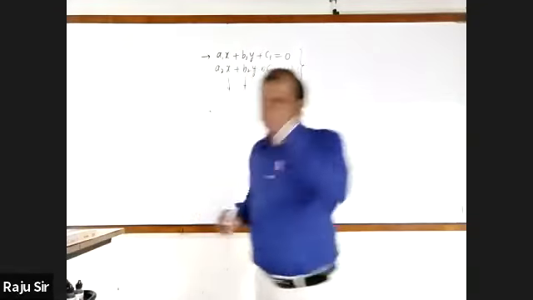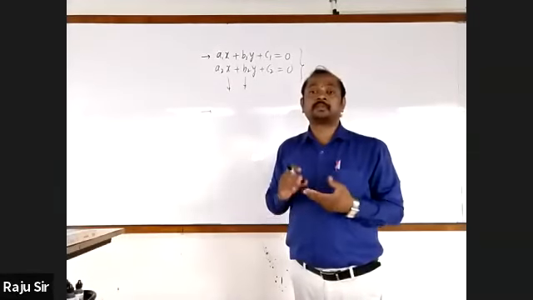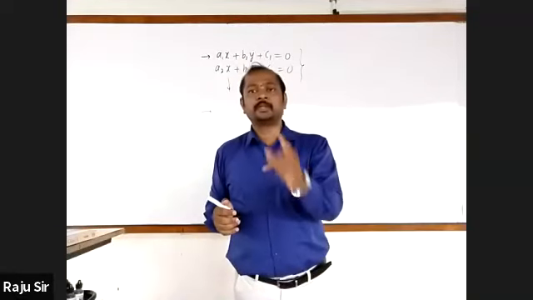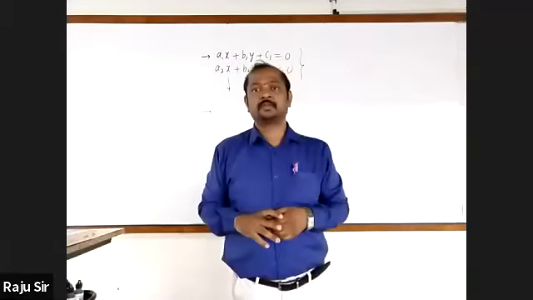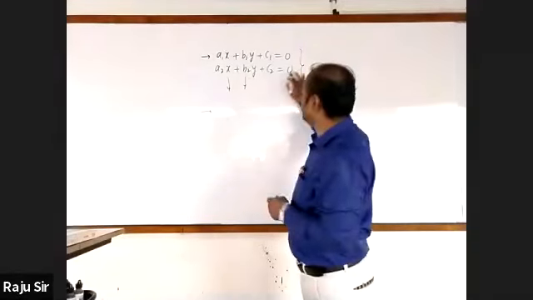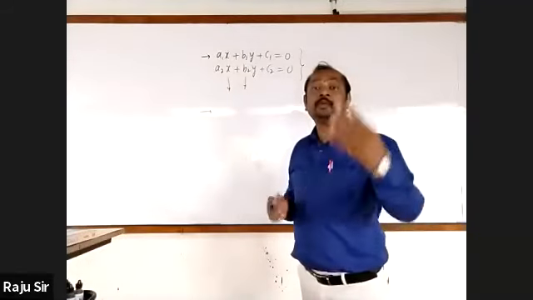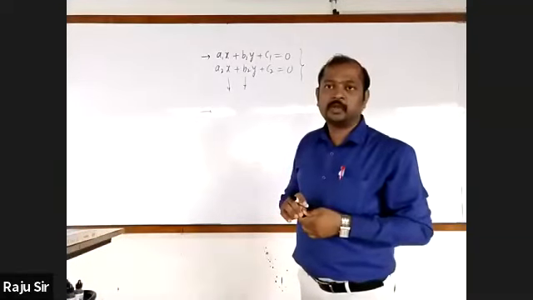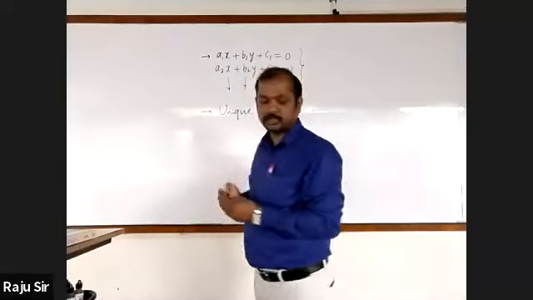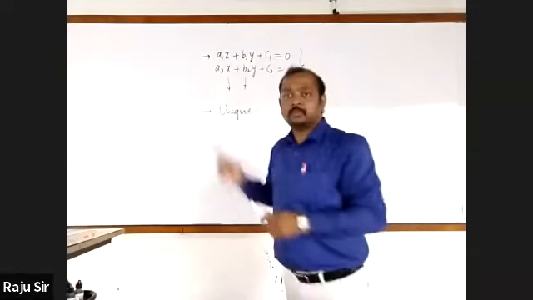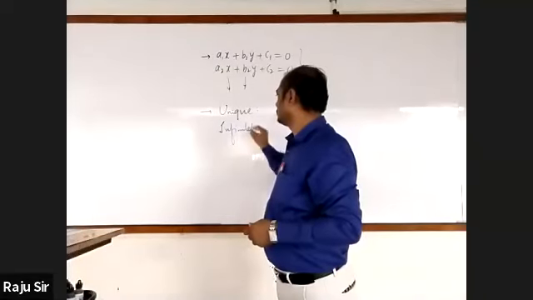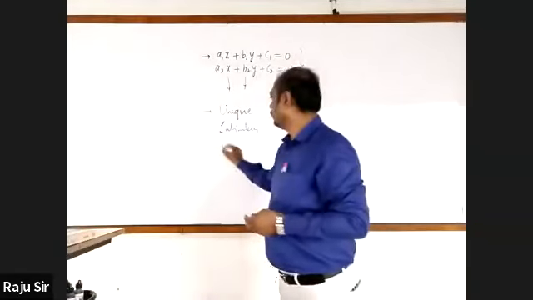And with respect to this, we have come to know the number of solutions. As we know, a linear equation in two variables has infinitely many solutions. But in this case, we are going to take two linear equations in two variables together. Therefore, different types of solutions are obtained. Among them, one is the unique solution, that is, only one solution. Second is infinitely many solutions. And third is no solution.